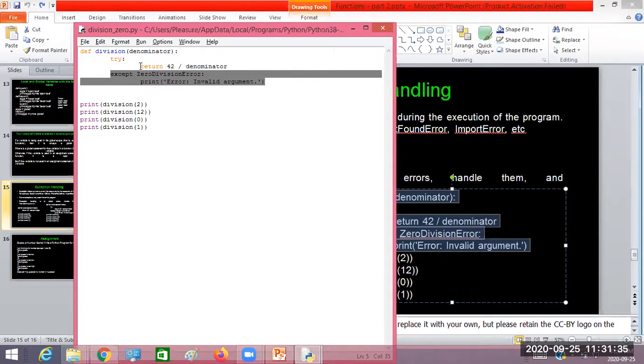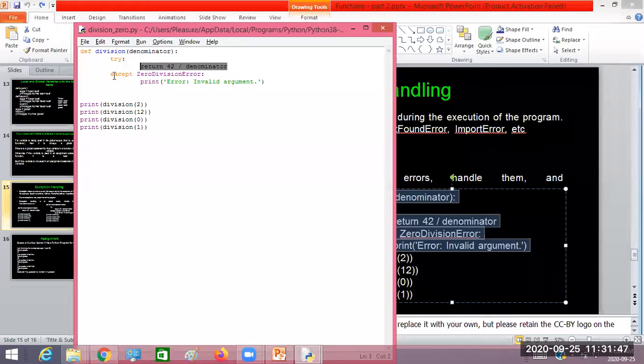So what I'm instructing the interpreter is, try to execute this statement. If any error occurs in this one, like a ZeroDivisionError, then jump to this except clause. And this is called an argument to the except clause, meaning which error it has to handle.